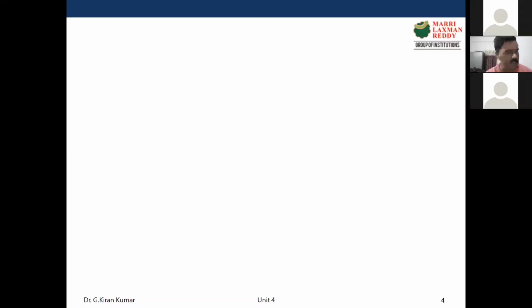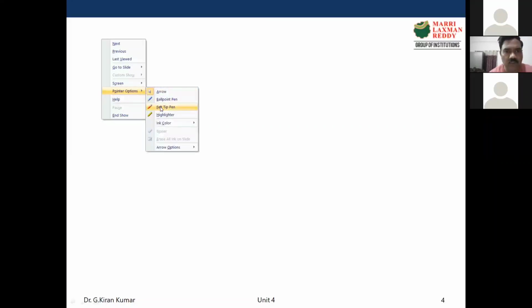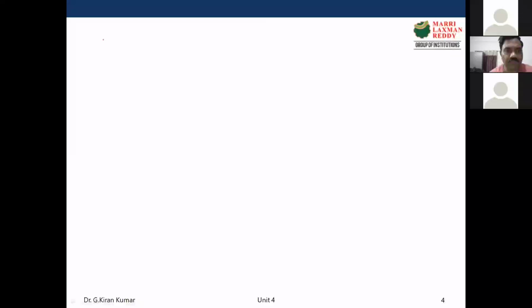We'll start with the basics. We'll see the definition of what a graph is and some terminology related to graph theory. When you say graph, there are two kinds: one is a non-directed graph, and the second one is a directed graph. But the majority of our 15th unit will discuss non-directed graphs only.